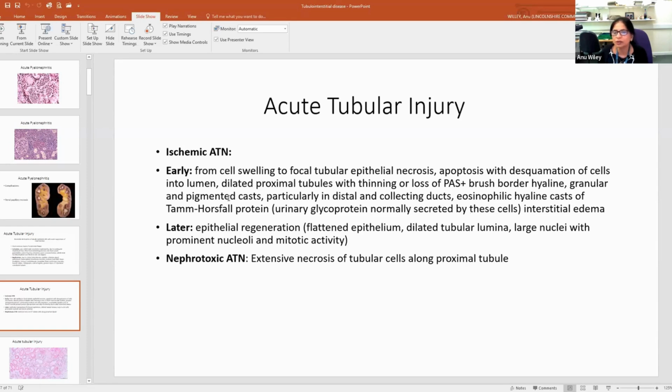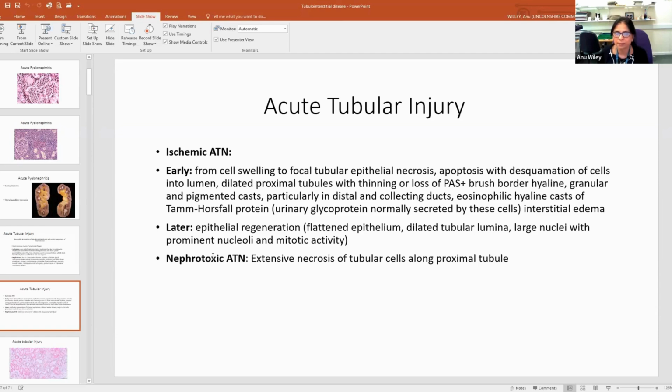Along with the acute tubular injury in the tubular epithelium, you will also see quite significant interstitial edema. So the tubular lumens and the tubular epithelium, which are actually tubes next to each other, won't be lying next to each other. They will get separated by edema. In the later stages, when it is resolving, because most of the time ATN is self-resolving, if you take away the agent which is causing the damage, the tubular injury resolves itself. So there is epithelial regeneration,